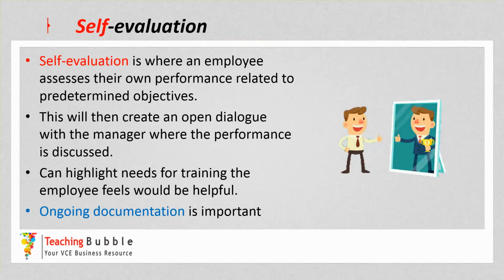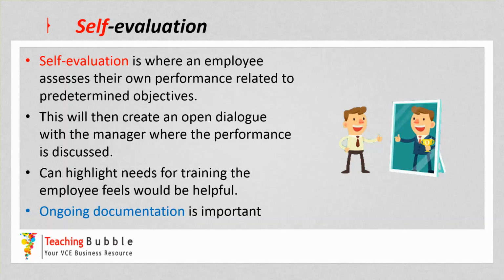So once they know their objectives, they then go out and perform and then give their own evaluation. That can then create open dialogue with the manager so that the manager can see how the employee feels they've been performing, and also they can provide their own feedback as well, which can also highlight any needs for training that the employee feels would be helpful,